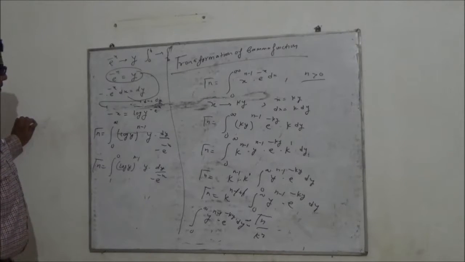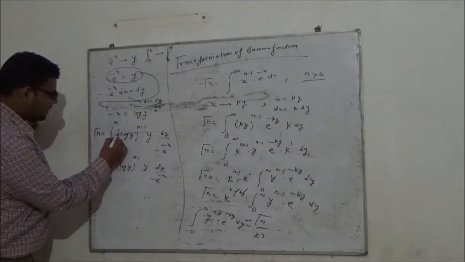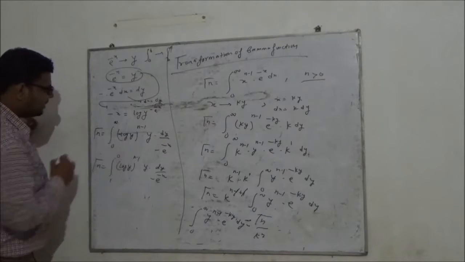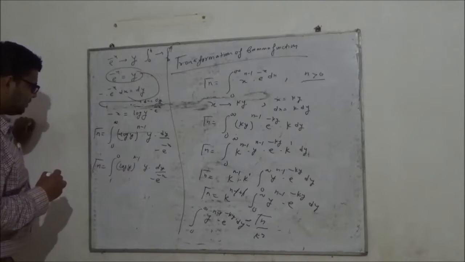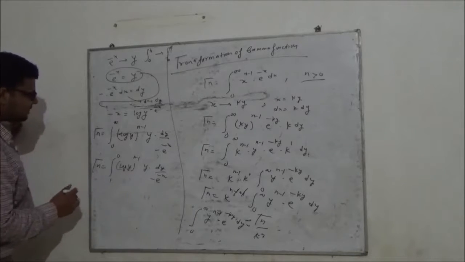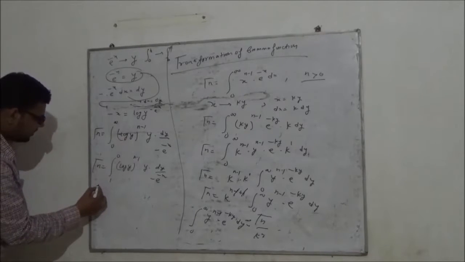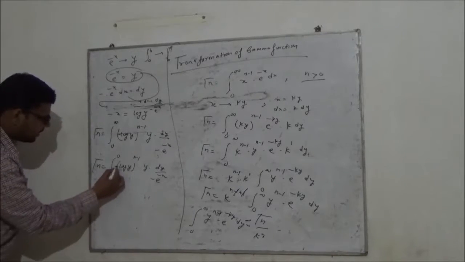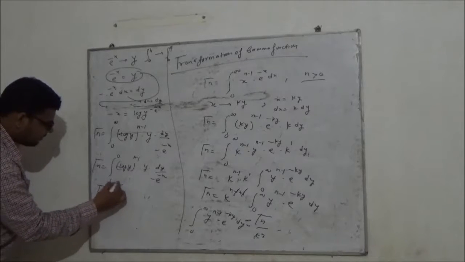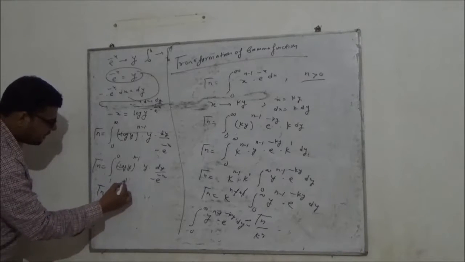So what I will do, I have already a negative sign here. So here is the negative sign. Okay. Then what I can do, and here is also the negative sign. This negative sign will become the reciprocal. Gamma n will become, the limit will be changed. It will become 0 to 1.